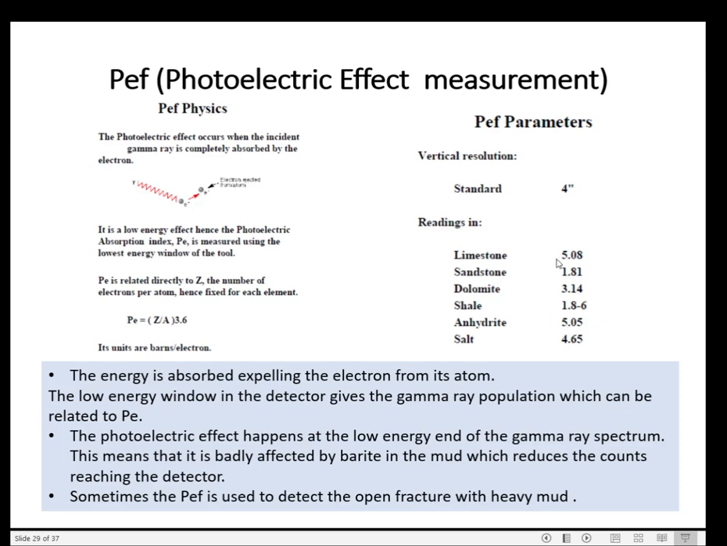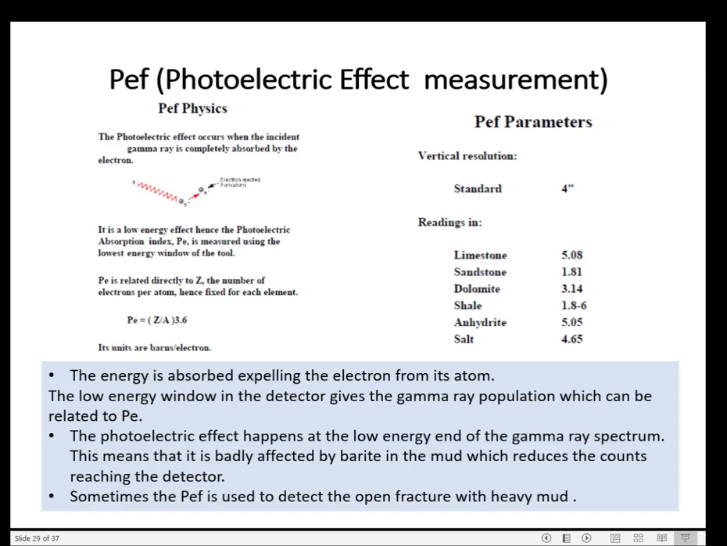But limestone and anhydrite are very close. So how can you differentiate both? You have to see the resistivity. You have to see the value for the density, because the density for anhydrite is 2.9 something, while for limestone it's 2.71. It's very important. Some people also use the photoelectric effect, especially in heavy mud, to differentiate